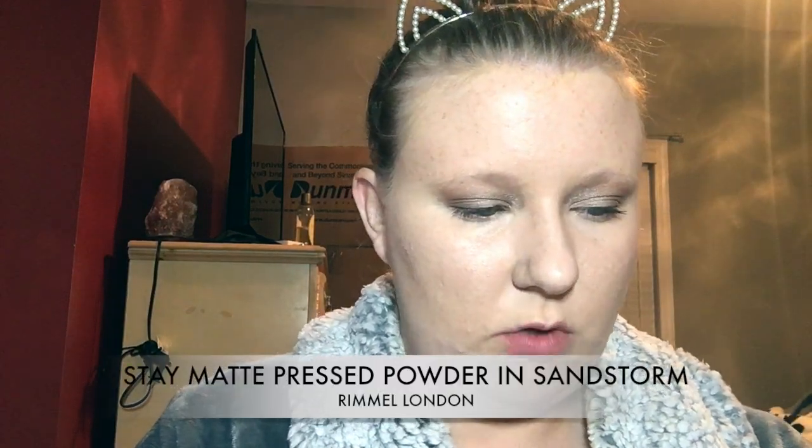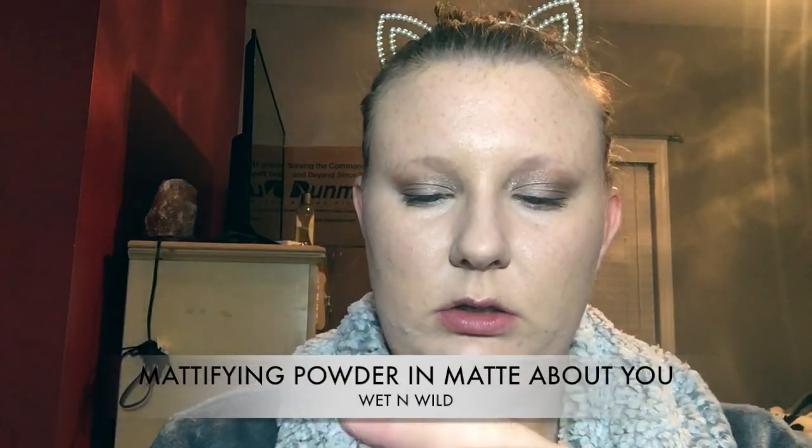Okay, so I have just found this Stay Matte by Rimmel London Powder. It is in 004 Sandstorm. And I have some of this Wet n Wild mattifying powder in the color Mad About You. So what I'm going to do is take my Beauty Blender, go in a little bit of this, then a little bit of this, and then get right up under the eye, go back in some more of the Rimmel, and just press it in very hard,